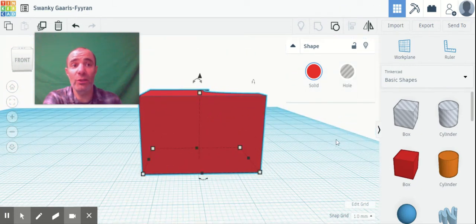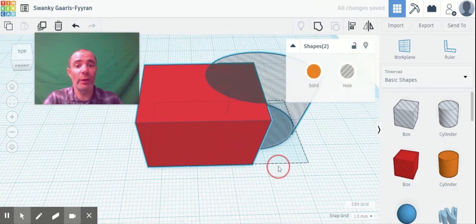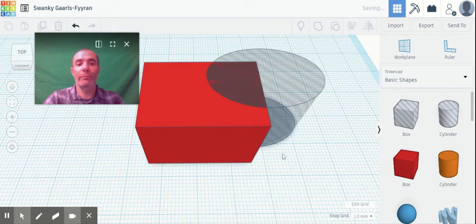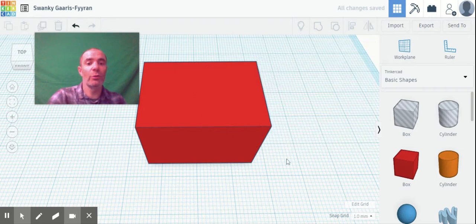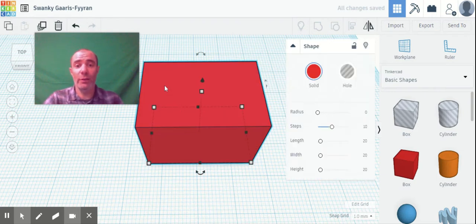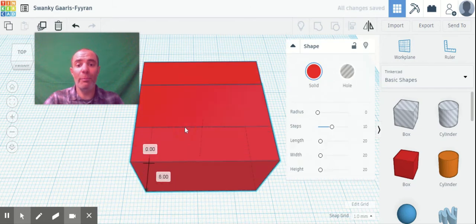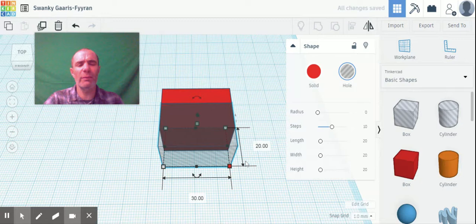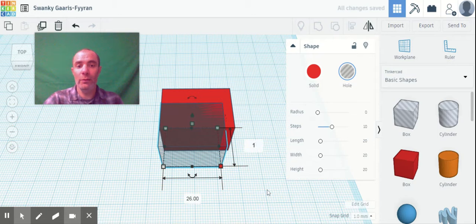Because we could make a house really simply by building the walls, hollowing that out, right? So if I come up here to these tools, this will ungroup those shapes, right? Now I can get rid of just that circle, right? This rectangle, I come up here and I might duplicate it, right? I'm going to move it back one, make it a hole shape. Now I click on these boxes. Instead of just manipulating it down, I'll just subtract 4. So I'll make this 26 and that one 16,